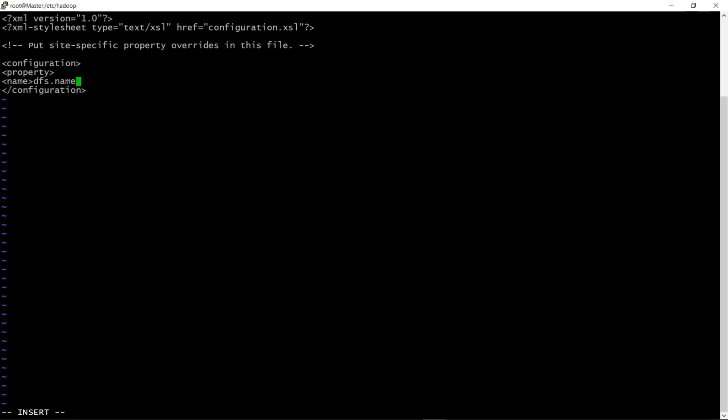It's a name node, so name directory. Now I will give a value to it. In value, provide the name of the directory that you just created. Close the property.